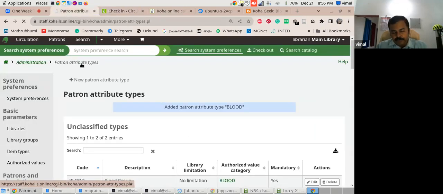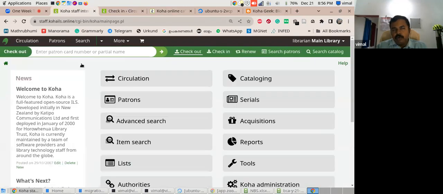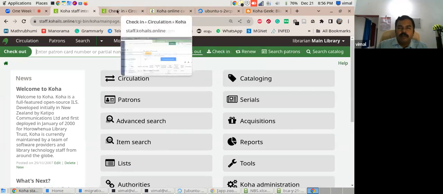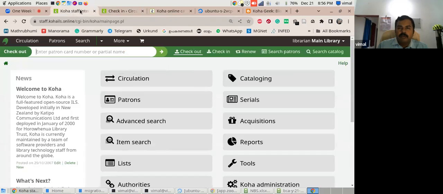We have learned how to add a patron manually, and how to import patron details in bulk mode from a CSV file. Third, how to prepare a patron attribute like a blood group list. Fourth, how to issue, return, and reserve a book. And before concluding,